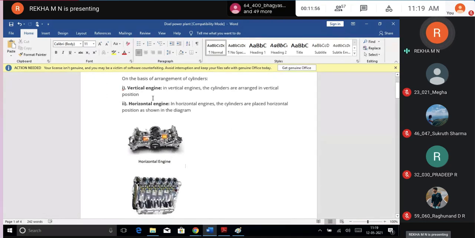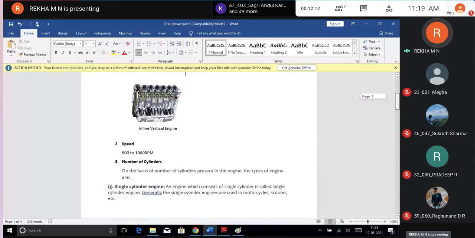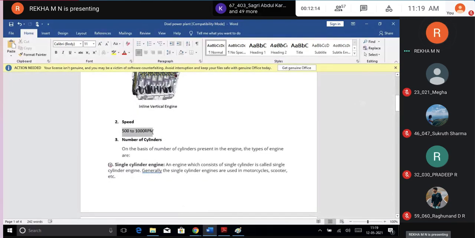And as I told, I will also include the capacity. Vertical engines always have more capacity compared to horizontal ones, because it's easy to cascade the cylinders in a vertical way rather than horizontal. Horizontal cascading is difficult, so in vertical we will be having that. So speed you have to remember, students, and you have to write accordingly. If I have written like this, don't you write like this. These are keywords I wanted to remember, because I need to explain the things. So I wrote like this. It doesn't mean that even in the test you will write like this. But you can keep it in mind in this way.